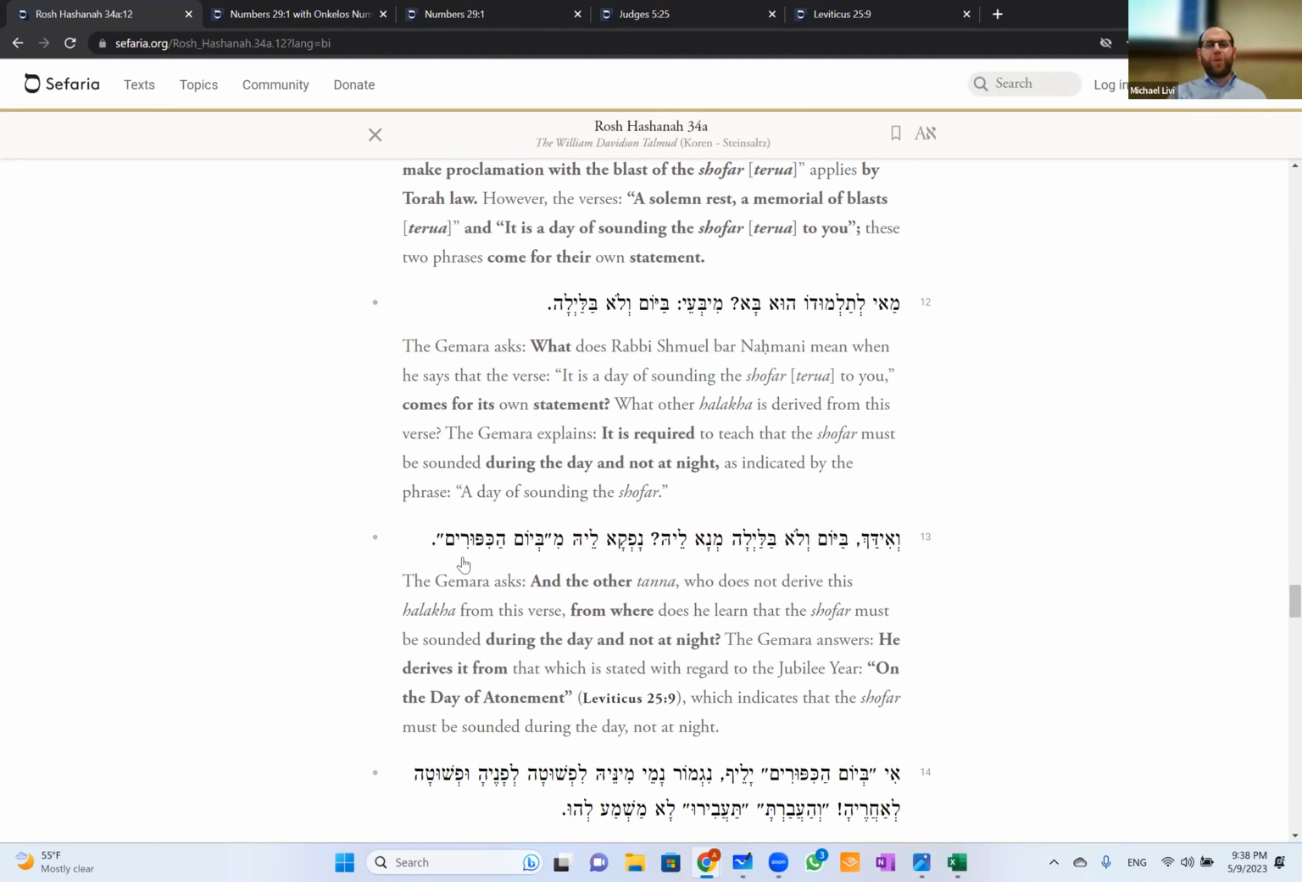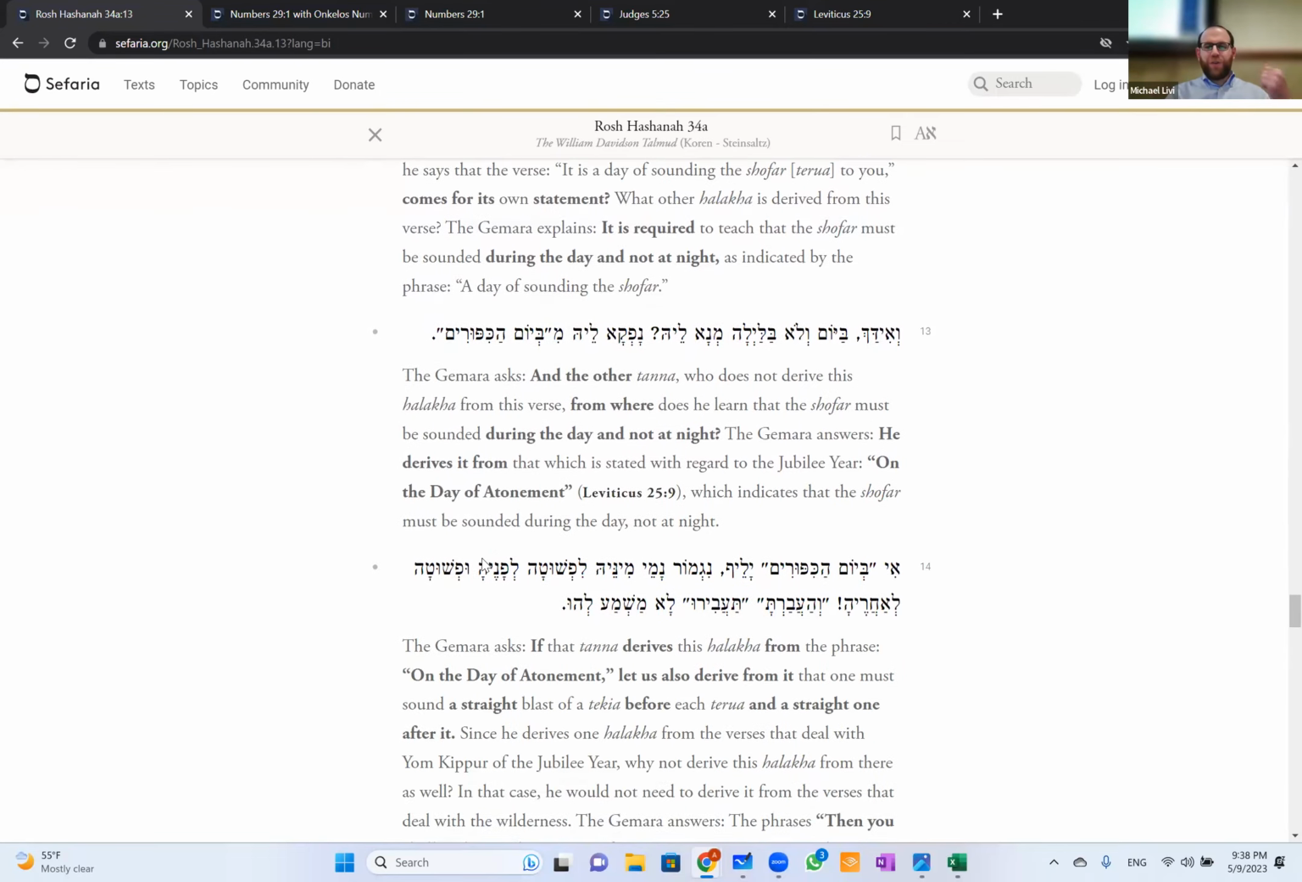Because it says it from Yom Kippurim. Okay, so there it says Yom. Okay, so then the Gemara is going to say, but if you're going to do that,